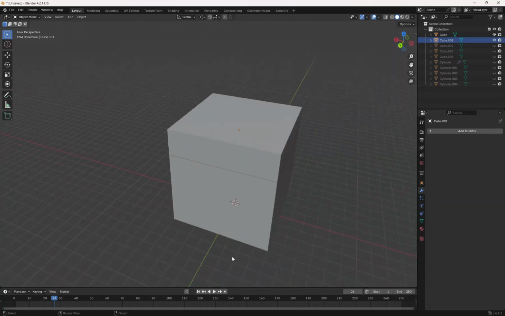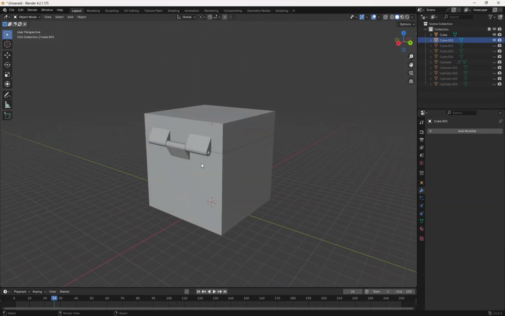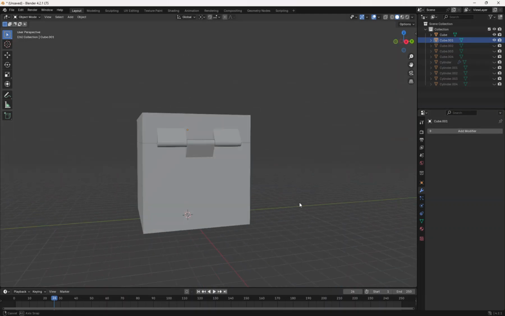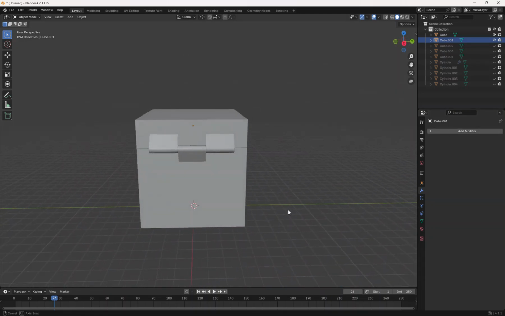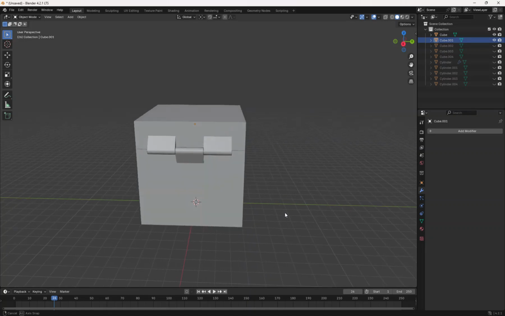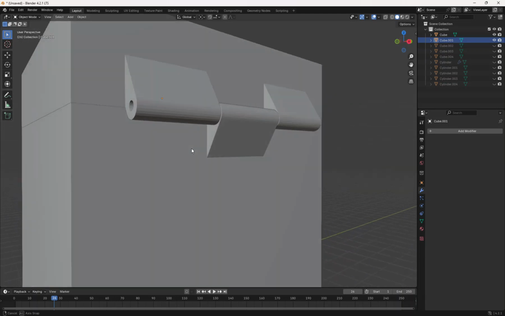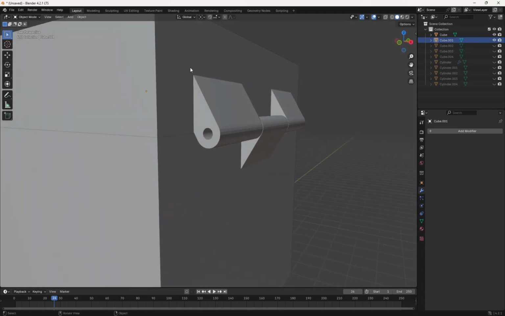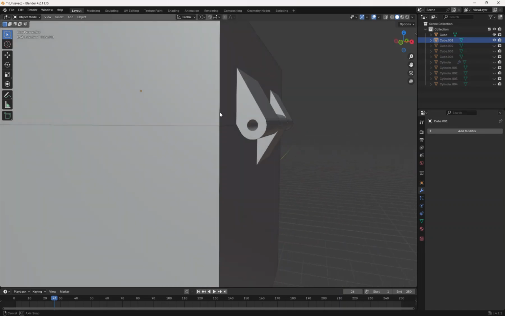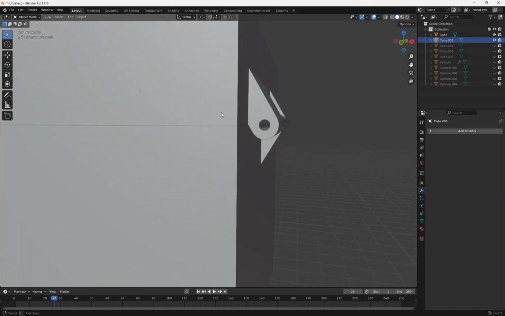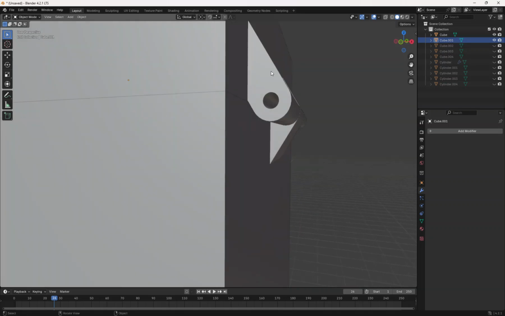It's about the easiest way I've found to do it is to use those booleans and really try to type numbers in the properties panel to really make sure that you are positioning stuff in a kind of a helpful place. Don't forget that gap in between there on either side so that the hinge will work correctly, and try to keep this to no less than about 45 degrees so that you don't run into issues with too steep of